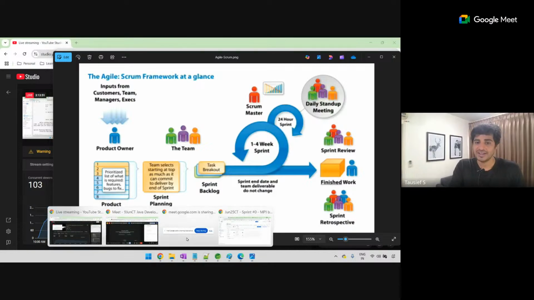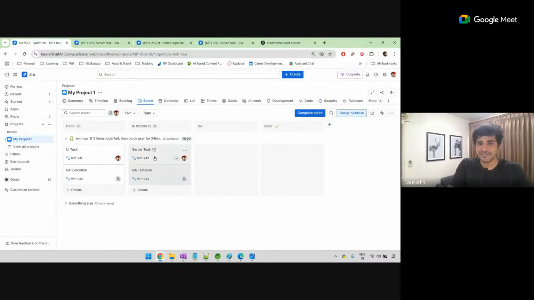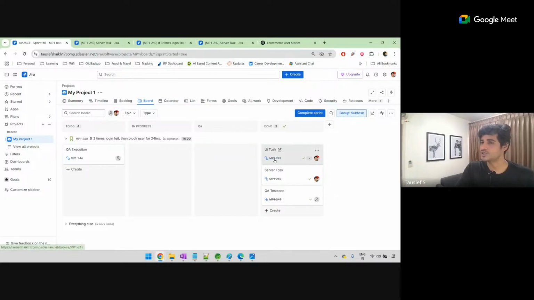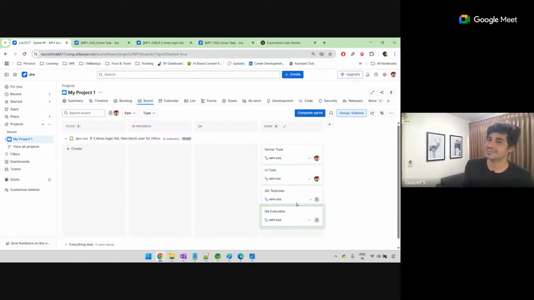And when we are working, the plan here in Jira will be every item will move from this to-do section to done section. Just observe, when we move it into done, it is automatically slashed out, struck out, right? We'll move it into done. By this way, first, all the subtasks will be marked as done. Once the subtasks are marked as done, then even the main task will be marked as done. So the main task,